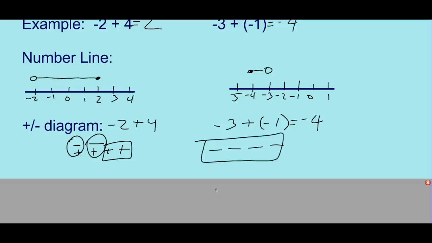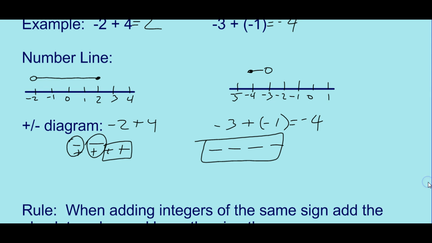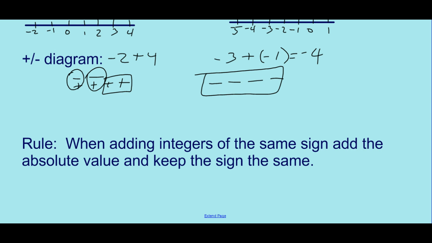So we need to come up with a rule we can use all the time. And I'm a believer in keeping the rules simple. There's going to be a little bit of vocabulary here, but for the most part, this simple rule is going to be fairly simple. The rule is, when adding integers of the same sign, add the absolute values and keep